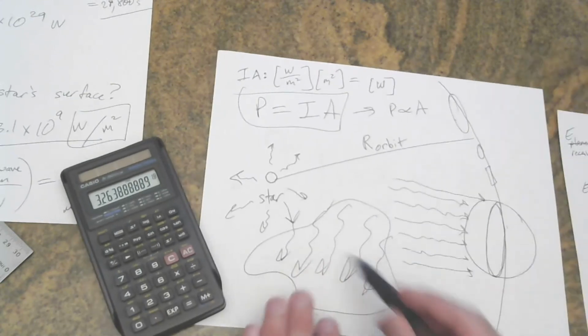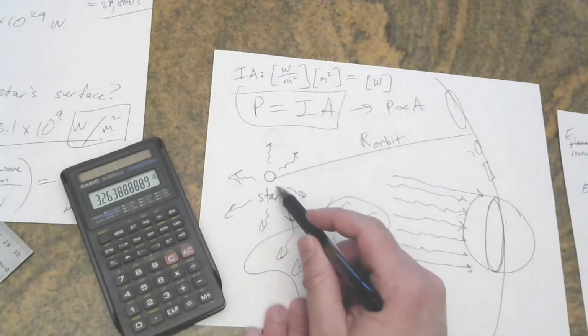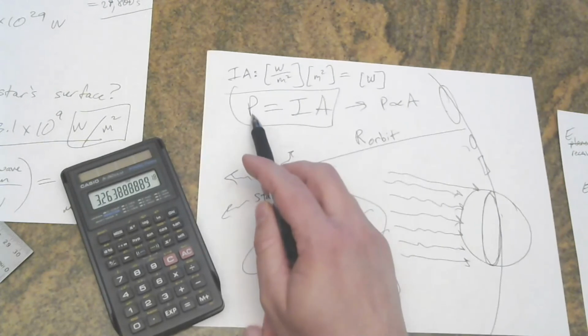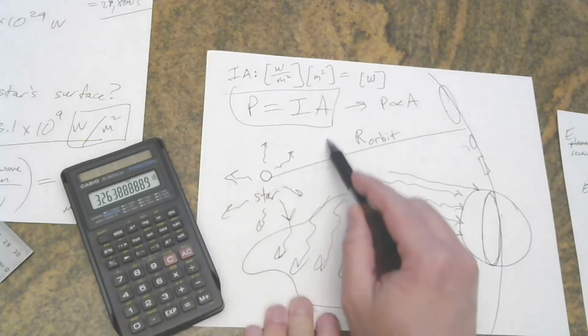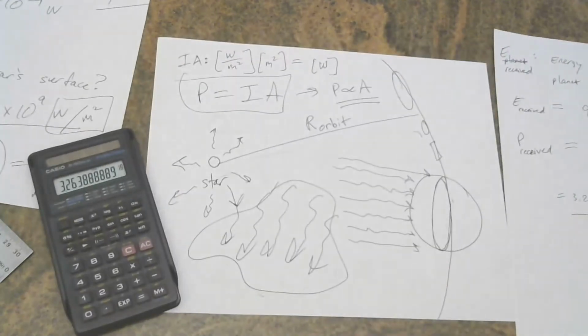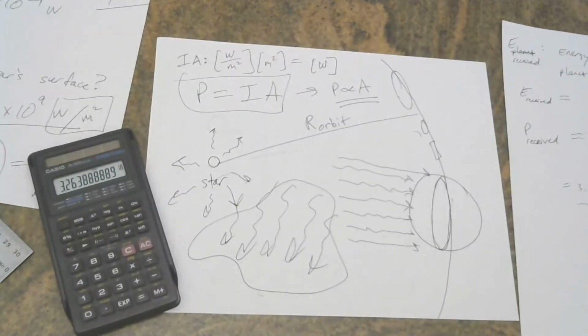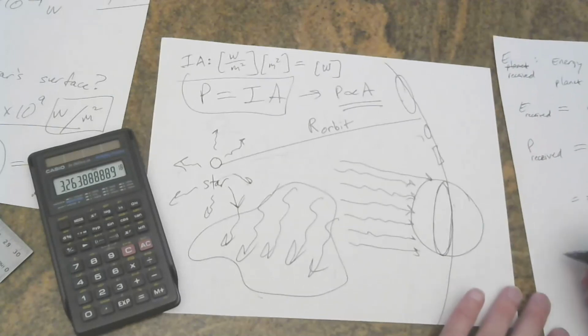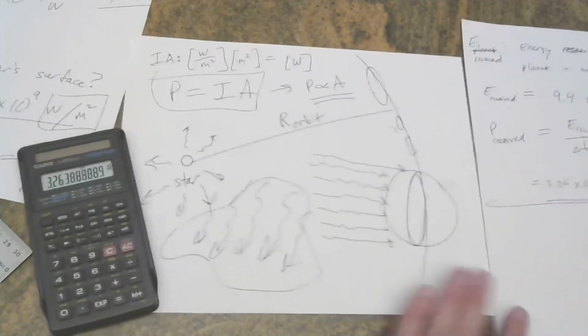So for a fixed distance from the source, you have a fixed intensity. You can treat I as a constant, and that means that the power is merely proportional to the area, this statement right here. And if you understand that, then you can set up this ratio. You can say that